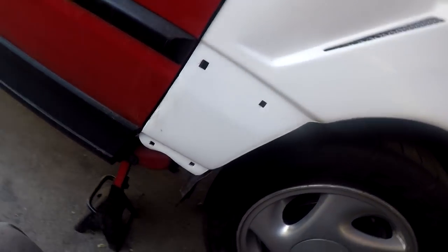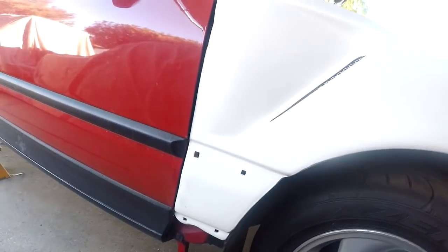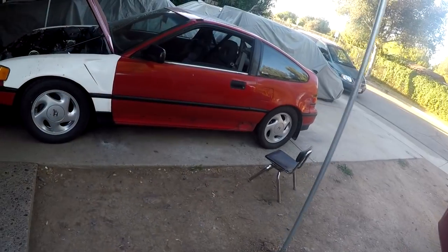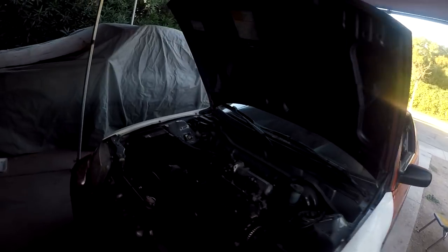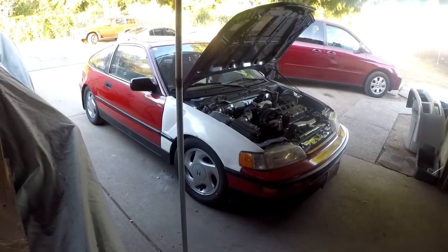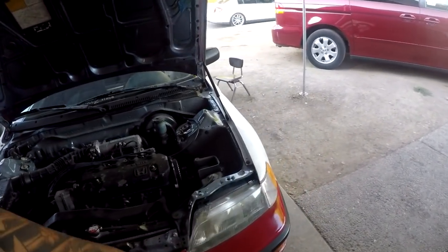So now I've got to fit all the trim pieces and stuff so it doesn't look like the car's missing pieces. Alright, so the car's back on the ground. I did not adjust the suspension. I did not change out my wheels. I didn't want to work into the night